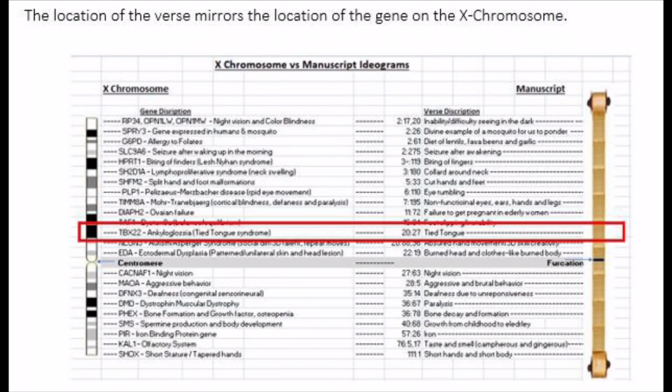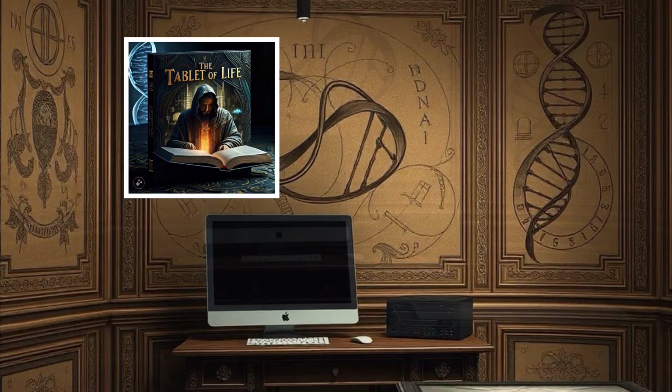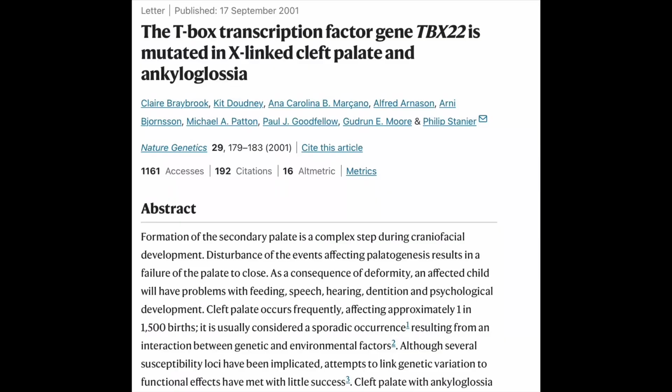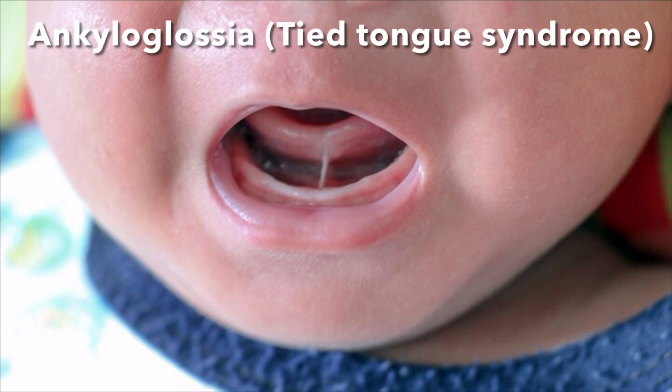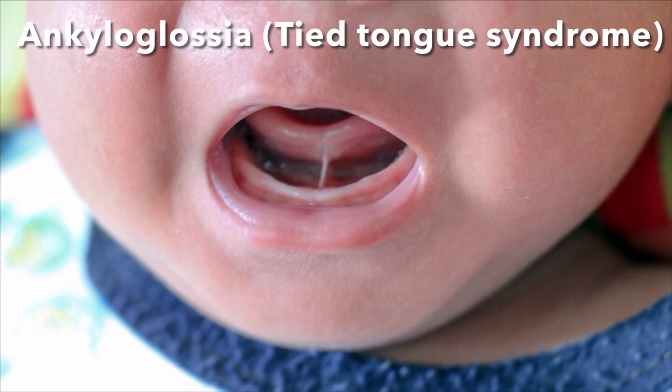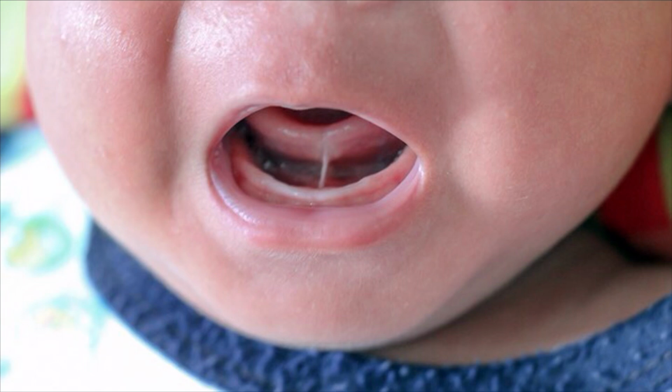Searching for the gene that is responsible for this condition resulted in finding the TBX22 gene. Mutations in this gene have been associated with the inherited X-linked disorder, cleft palate and ankyloglossia. Ankyloglossia, tied tongue syndrome. The tongue attaches to the floor of the mouth with a web of tissue called the lingual frenulum. Tongue tie, or ankyloglossia, is an inborn variation in this structure. The lingual frenulum may be shortened or thickened, restricting movement of the tongue, or it may tether the tongue too